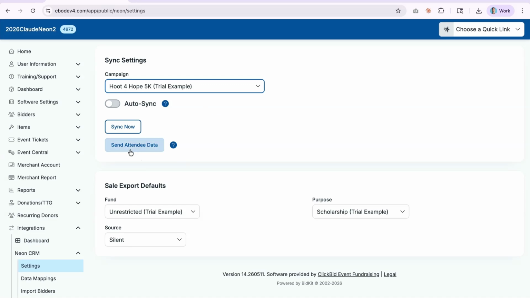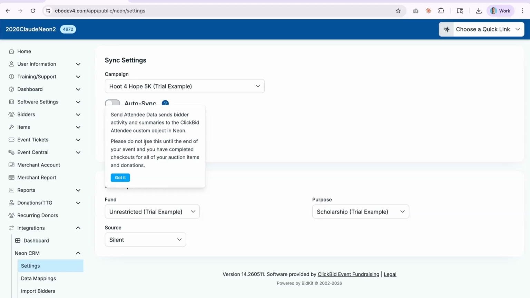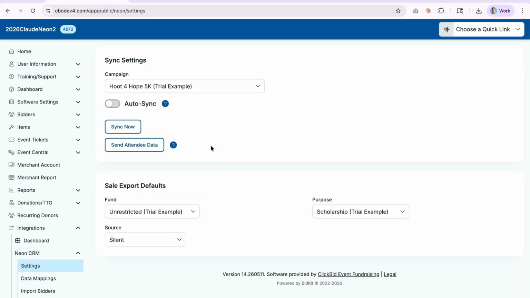Send attendee data is a button that you're going to use at the end of the event. You can click on this little info button here. It's going to tell you, recommend not to use this until you're done with your event and you've processed all your payments, because this is going to send data to Neon about sales that you made and information about you as a bidder. So if you placed 15 bids, you won 5 things, your highest bid was $1,700,